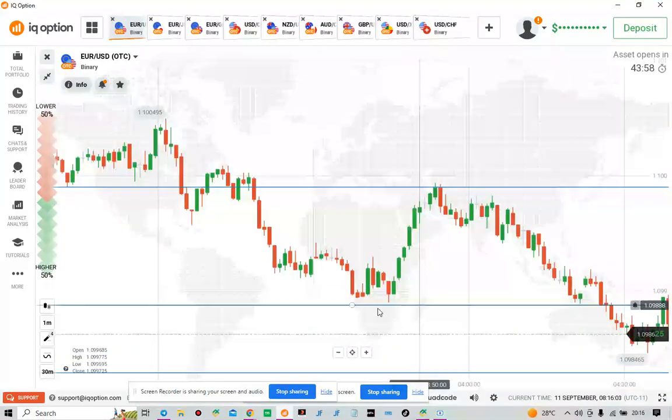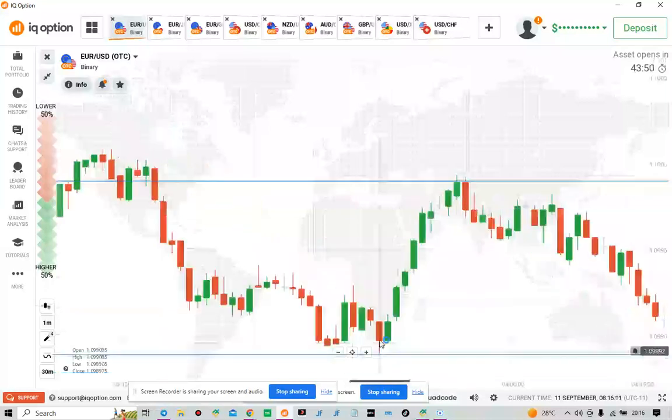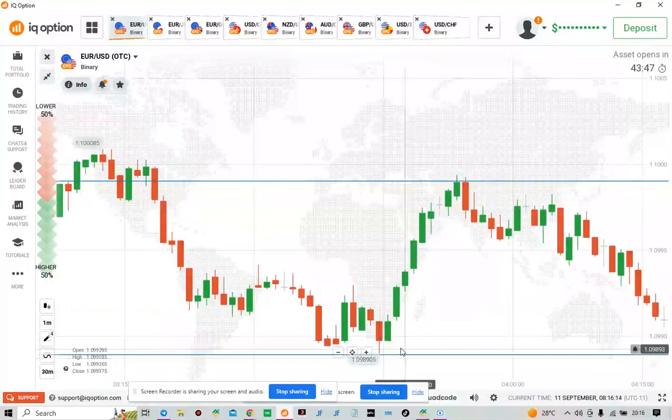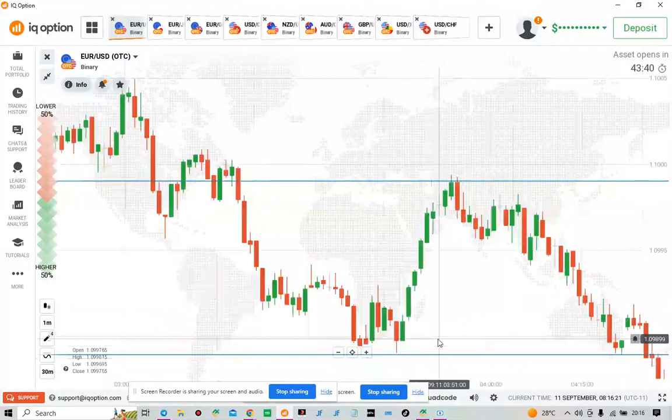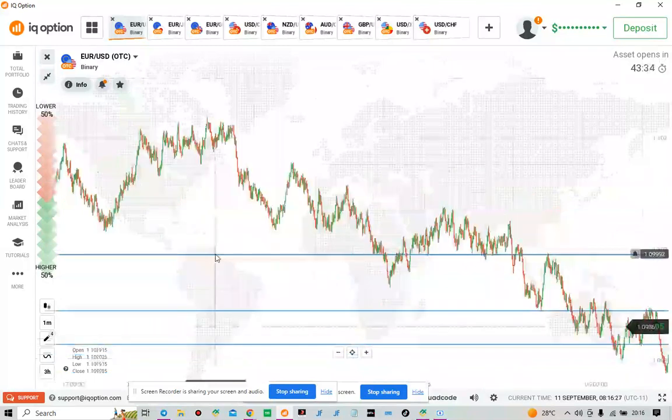Now let me explain how I drew this second line. You see that there's a rejection level here. The price touched this area and then reversed. You see so many strong seller movements. It means that there's a strong level around this area. If you go to the left side to check it out, to confirm,